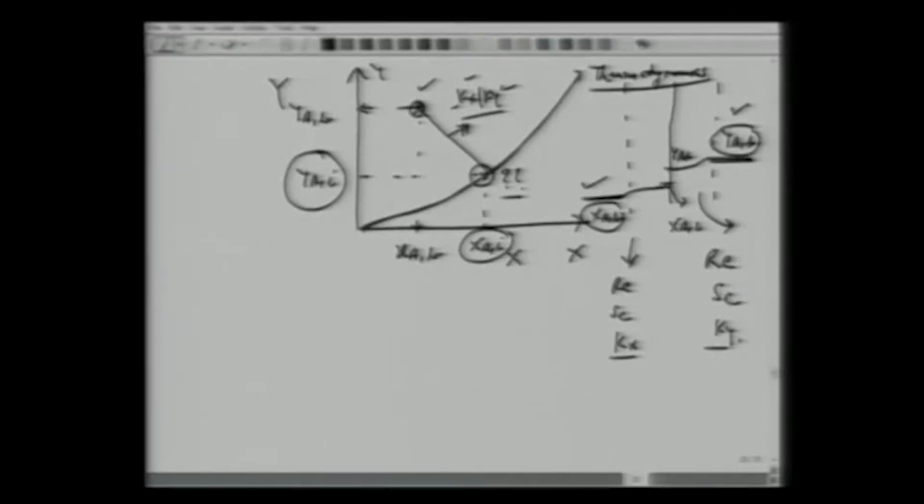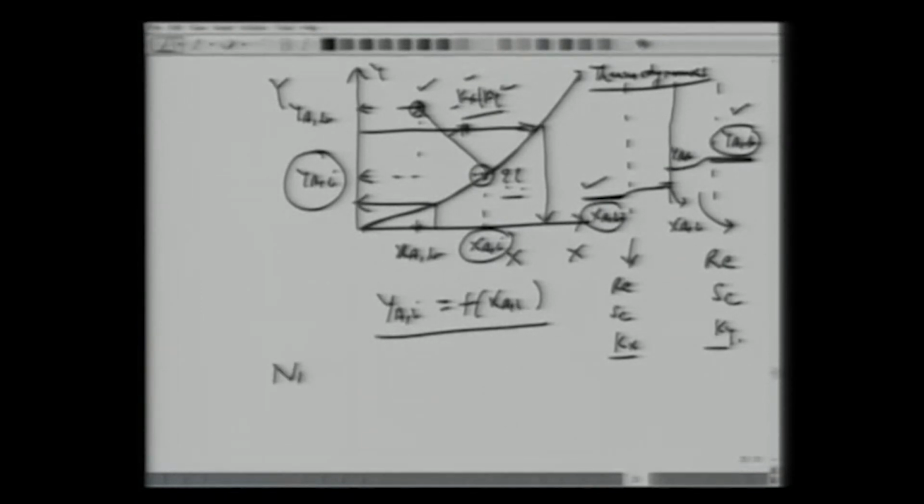One thing, of course, goes by thermodynamics. It says that yes, for a given XAI, YAI is fixed. If I change XAI here under equilibrium, the interface concentration will be so much. If my interface concentration in the gas phase is so much, then in the water phase it will be so much, or we know the relations between YAI and XAI. Absolute values in a running, operating system are not possible to get, which means we have to think of some other ways how we can